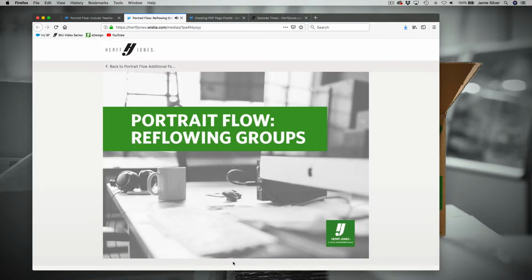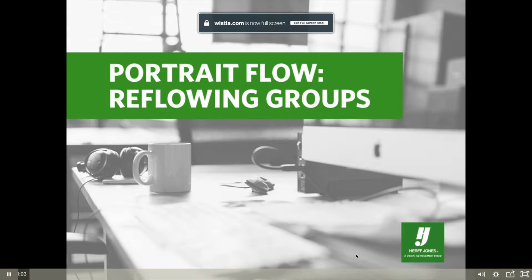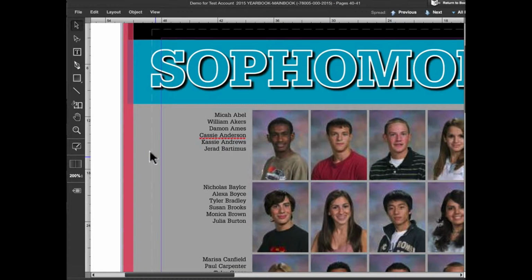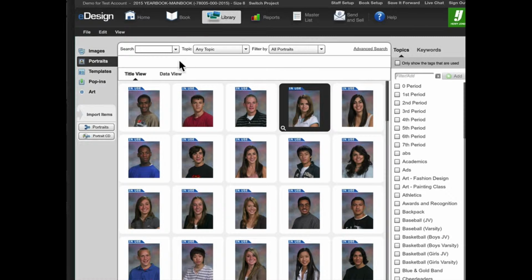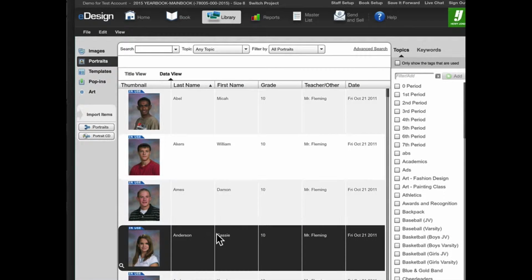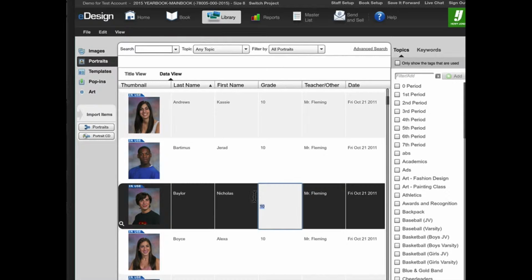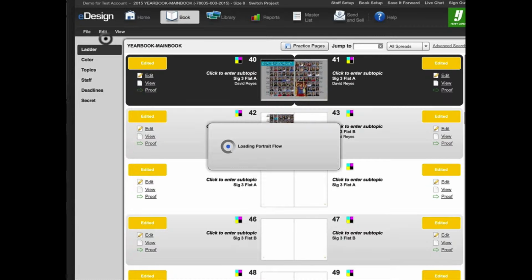back. The Portrait Flow Wizard makes it simple to reflow a group of portraits if changes need to be made. In this example, I discovered some changes are required in the sophomore section, which has already been flowed on the pages. This student's name spelling needs to be corrected, and this student should actually be in the junior section. I'll navigate to the portrait section of the library and make the necessary edits as described in the tutorial on proofing portraits and names. I'll change Cassie's name to be spelled with a K, and I'll change Nicholas to be an 11th grader. When the changes are made, I'll go back to the book module and launch the Portrait Flow